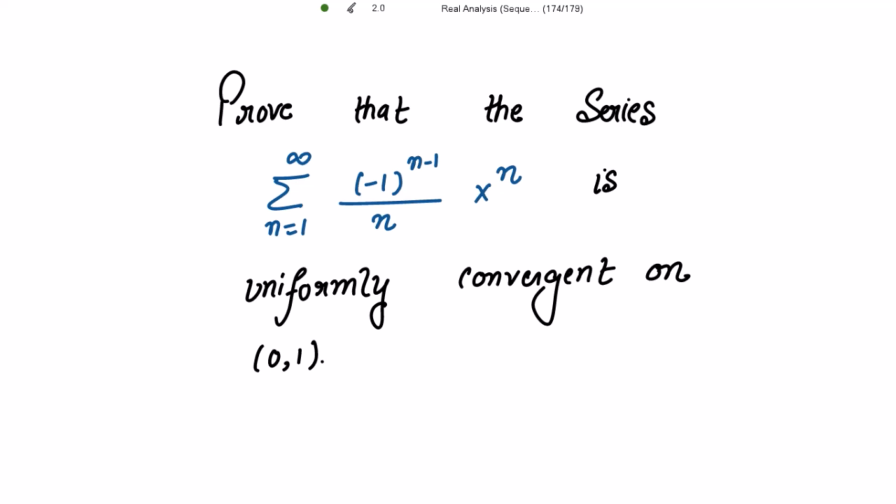This is a very important example on uniform convergence. We need to prove that the series is uniformly convergent on the open interval (0, 1). So we are going to apply Abel's test over here. What Abel's test requires is that if we consider this to be our u_n(x) and this to be v_n(x),